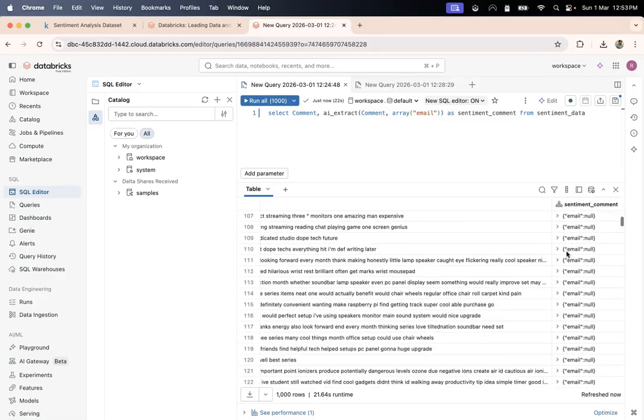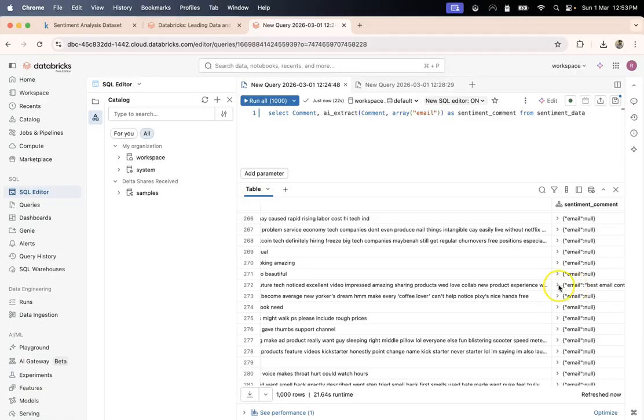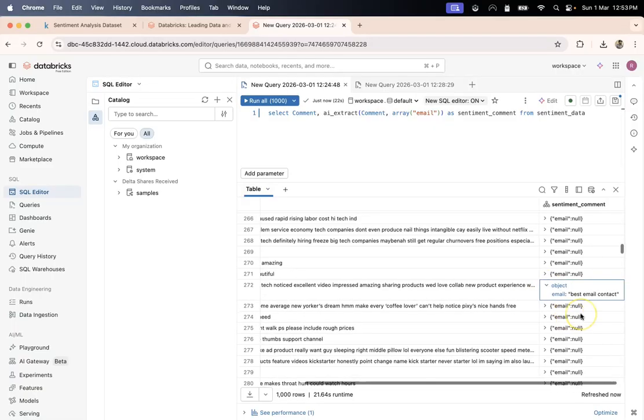So I see that email is not available. Oh okay, for this data we do have email, but here the email is basically best email contact. Now you see, this is the kind of output that will prompt you to try out a more generic solution, because in the generic solution you can provide a prompt also, and using the prompt you can tell it to only extract email when the email is in this format, maybe including the at sign and things like that.